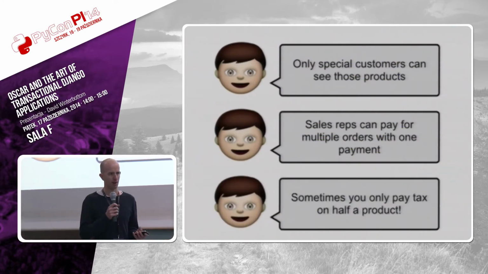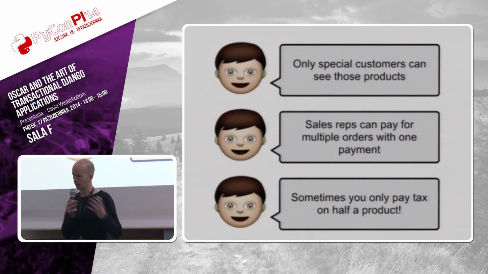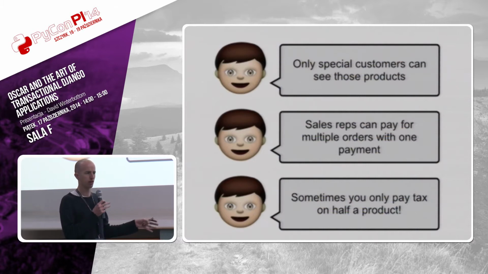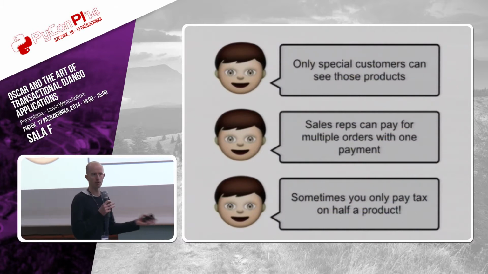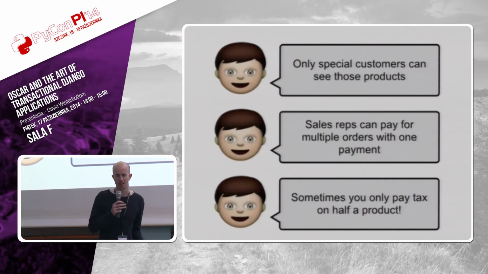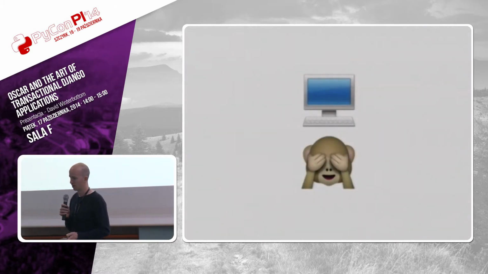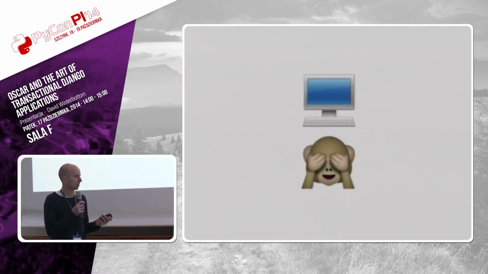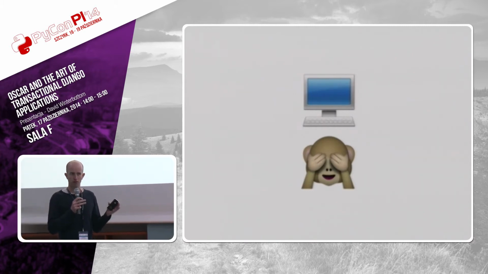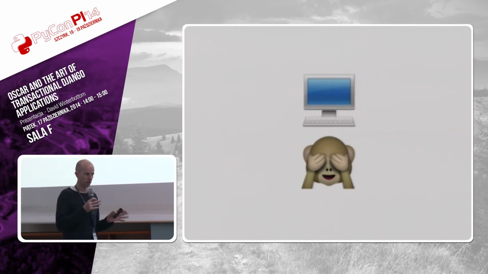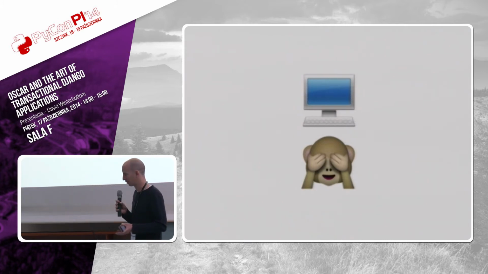And similarly with tax as well. I remember we had a requirement where you could pay for an order with a bank card, but also with some internal credits or money, and that meant you only paid tax on half the product. And that was really strange because our previous e-commerce software always assumed that you either paid tax or didn't. And so trying to bend our software to pay tax on half the product was really difficult. And so it wasn't really a very happy time. And you just knew as you were writing software in those days, you were writing legacy code because you'd started with a fairly inflexible base. And after 2 years of trying to bend it in various different ways, it becomes unmaintainable. And I've seen that happen several times. It's not really that fun.